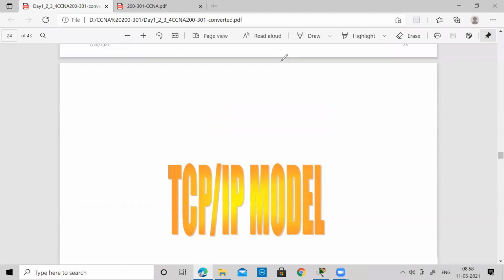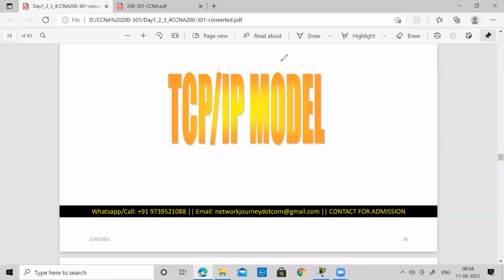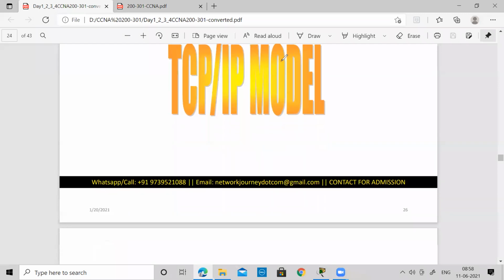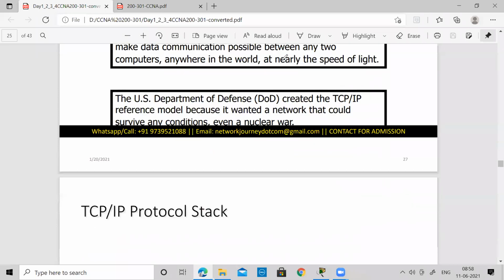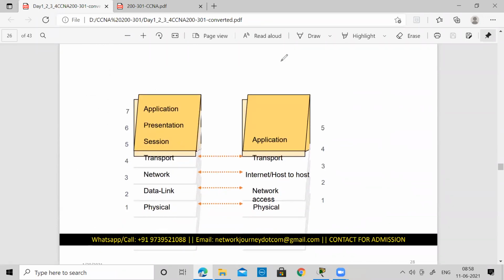Okay, so finally now your TCP/IP model. They say it as a model, I say it as a protocol suite, because you will find lots and lots of protocols. Here are your 5 layers. Some people say there are 4 layers, some people say there are 5 layers. Now this is a standard, there are 5 layers. You see that these 3 are combined into application, so all the functionalities are now done by the application.